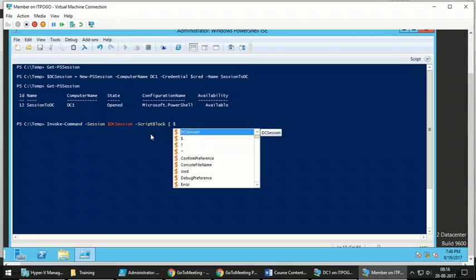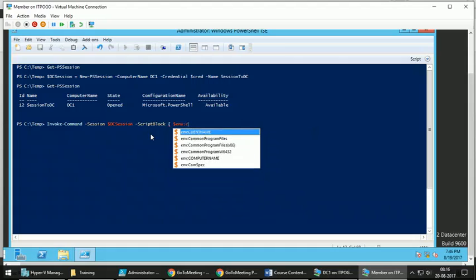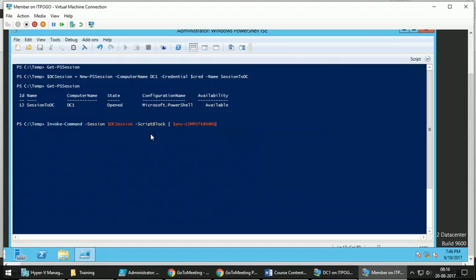What I am going to run is $env:computername, just to get the name of the computer against which I ran the command. So it is showing the computer name as DC1. That means the results are coming from DC1.